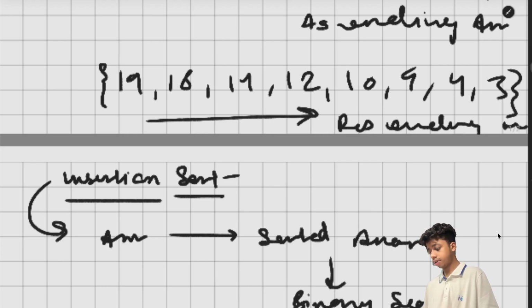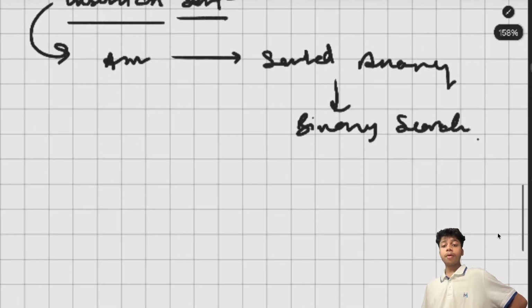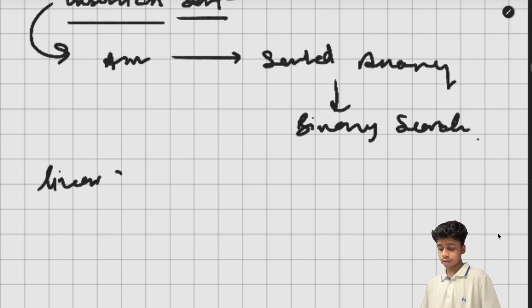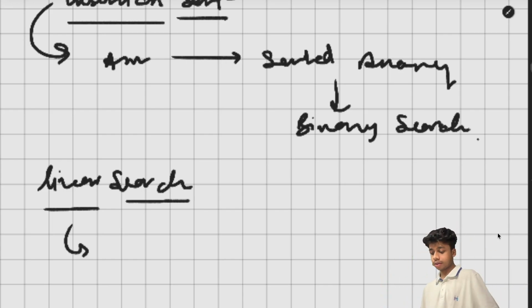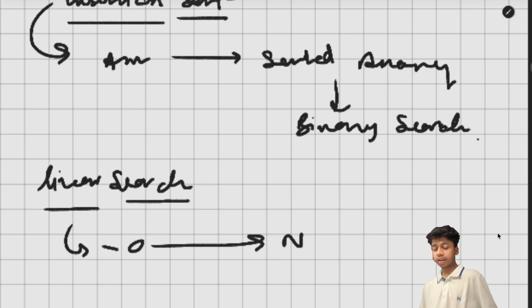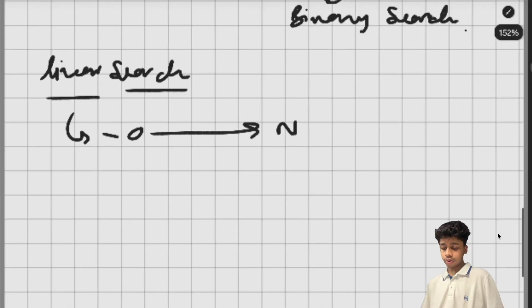Okay, let's talk about the concept of how binary search actually works. Let's first see how linear search works. In linear search, we are traversing every element, going from 0 to n. In the worst case, we are checking every element. If there are a million elements, then we go up to a million if the target element is the last element. But here in binary search, what we do is